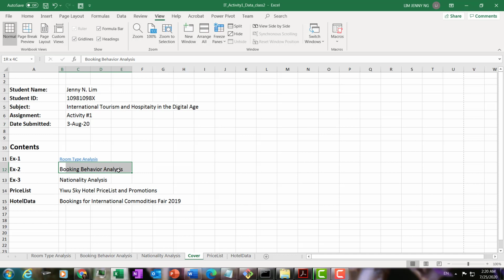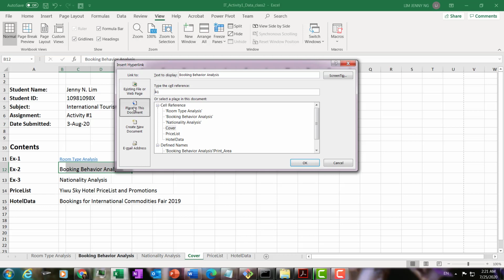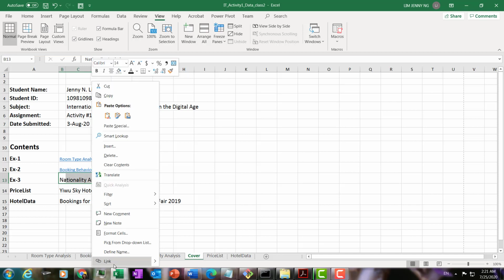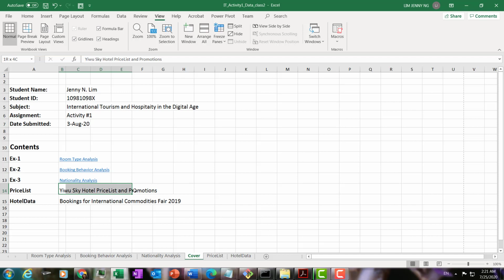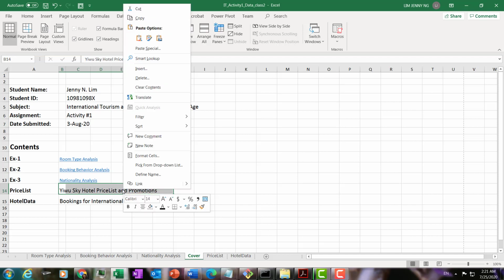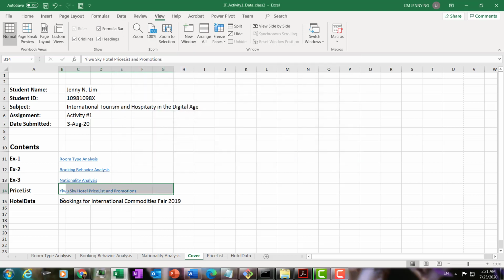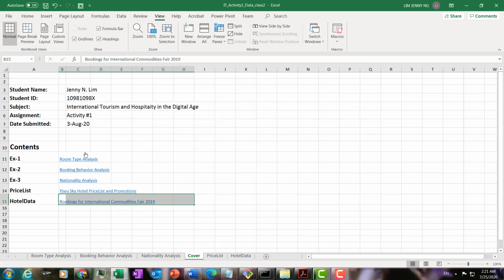We're going to deal with that later. Next, the booking behavior. So again, right click, click the link, place in this document, and then you link to the booking behavior analysis. Nationality analysis, right click, place in this document, nationality analysis. This is the price list, so link, price list, and it's the hotel bookings. So right click, link to the hotel data. Okay, now let's